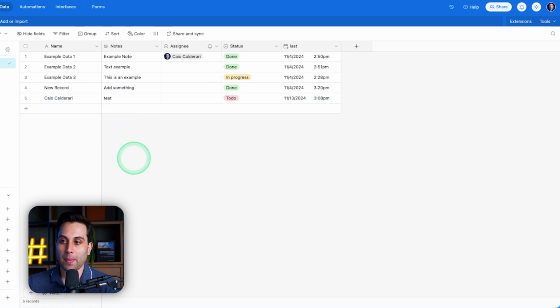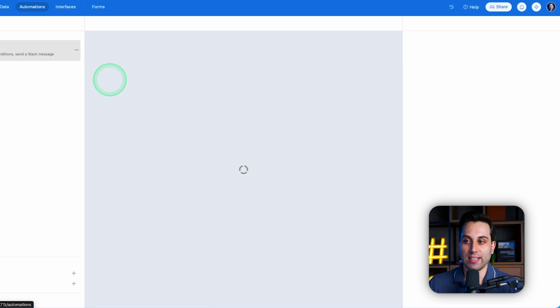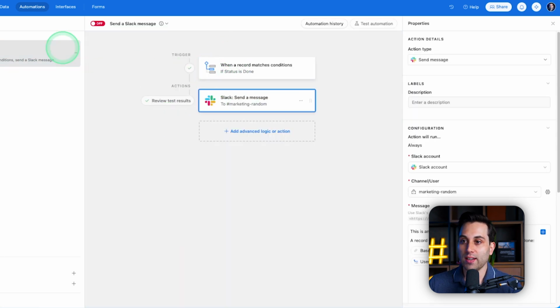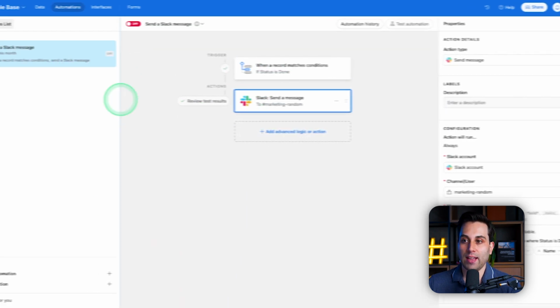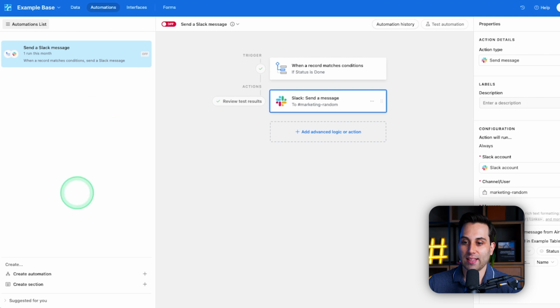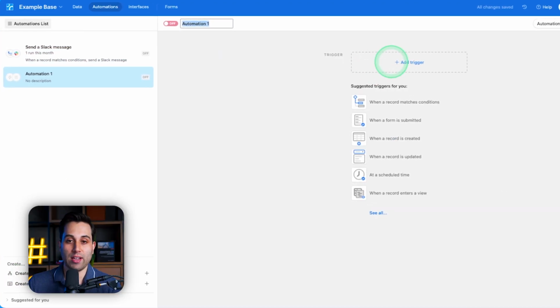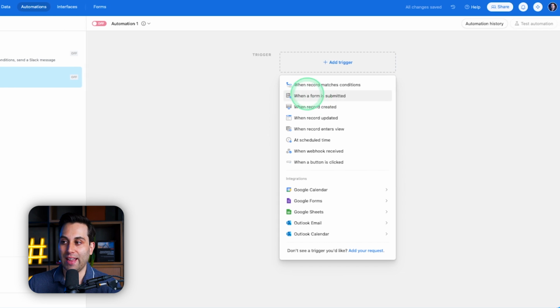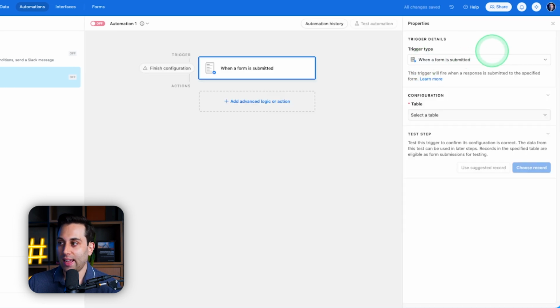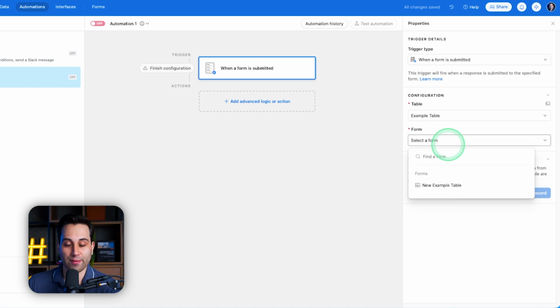Now, if I want to use Airtable to create my forms, this information will be added to my base. But how can I actually send this data or send a notification to my Slack channel? Well, we also have automations built inside Airtable. So here I could simply create a new automation by clicking this button here, Create Automation, and I can add a trigger. This trigger is when a form is submitted, and then I select the table that I want to target,